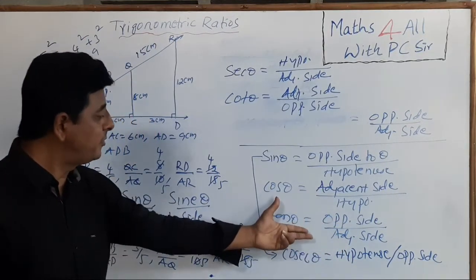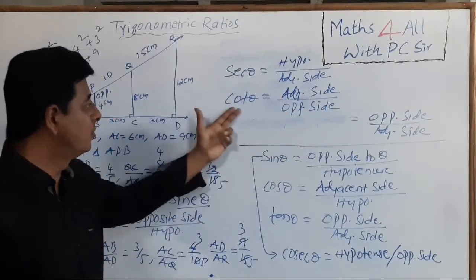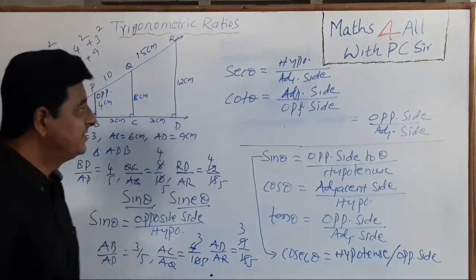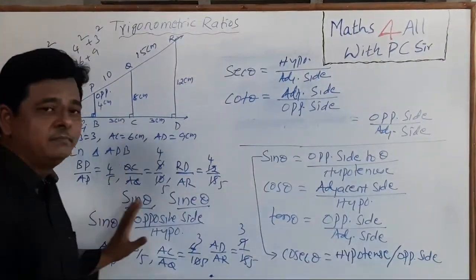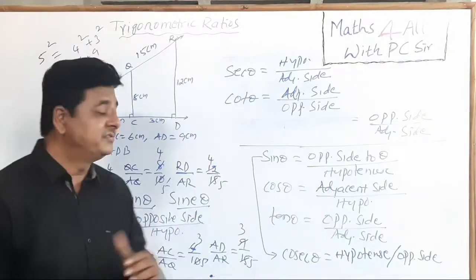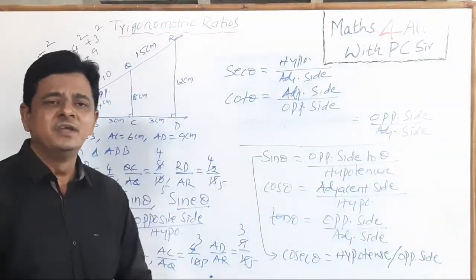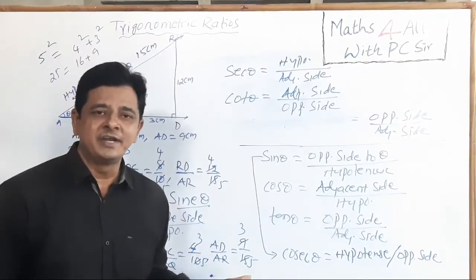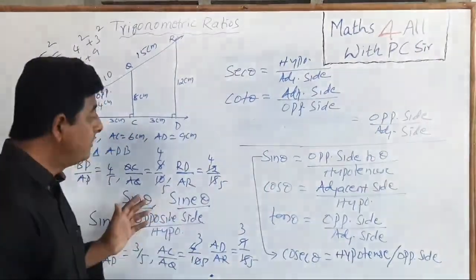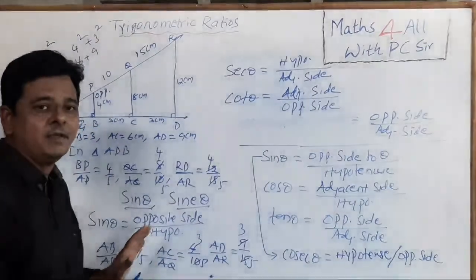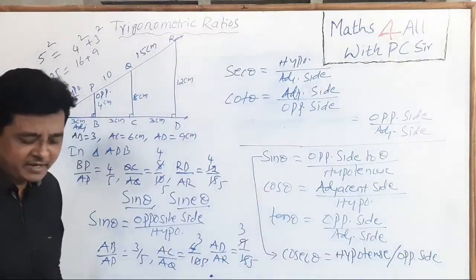Tan theta is opposite side by adjacent side, then its reciprocal, the multiplicative inverse, is adjacent side by opposite side, which is cot theta. These are very important to learn trigonometry. It is the basic part of how to define the trigonometric ratios, sin theta, cos theta, tan theta, and the remaining three are the reciprocals. It is a fundamental. I think all of you understand this definition of trigonometric ratios.